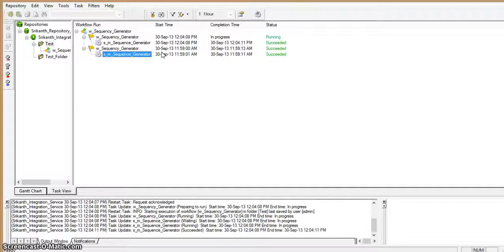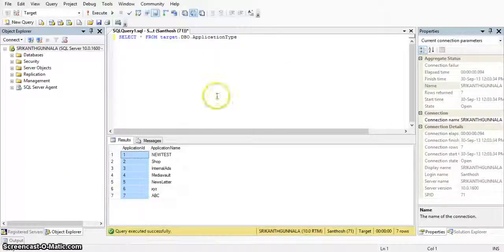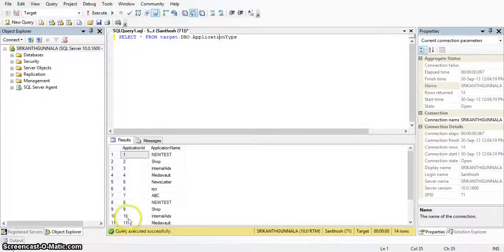I have restarted the task. Here it ran successfully. Now I am running the same SQL in the target database. Here we can observe the application ID starts from 8, that is, it is incremented by 1 from the maximum application ID which was previously loaded. So it is set to 14.